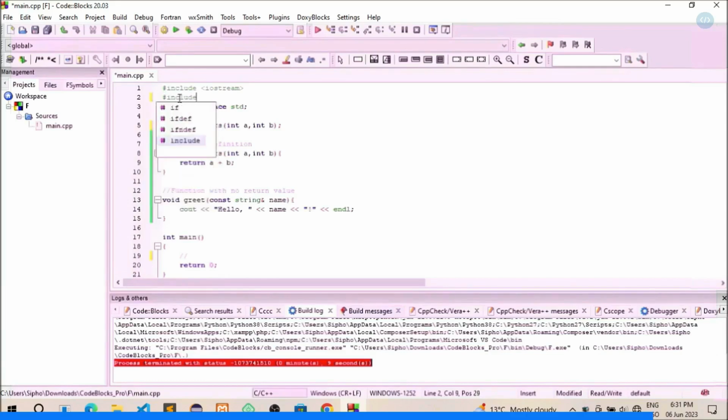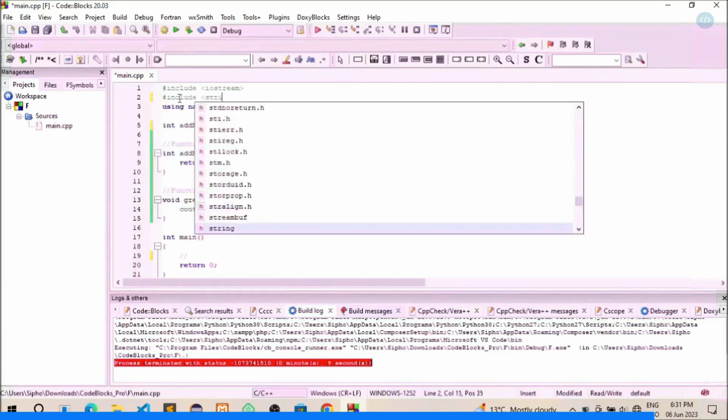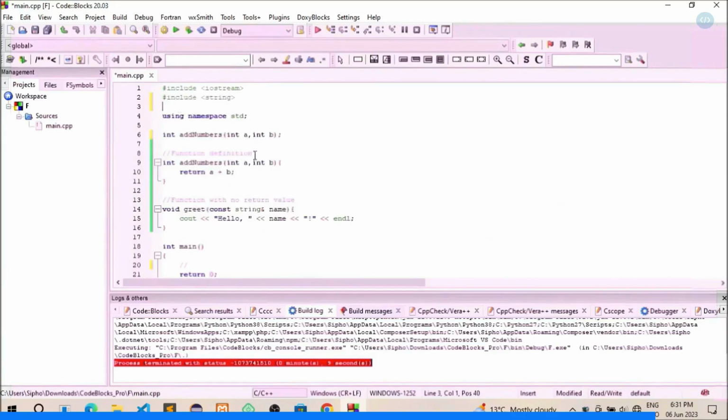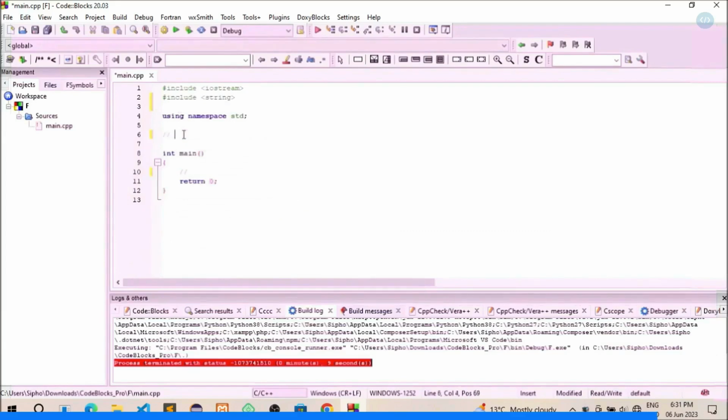Let's first include a string library. Remove this stuff. Class definition. Class person, open brackets. Private. String name. Int age. Public. Constructor. Person